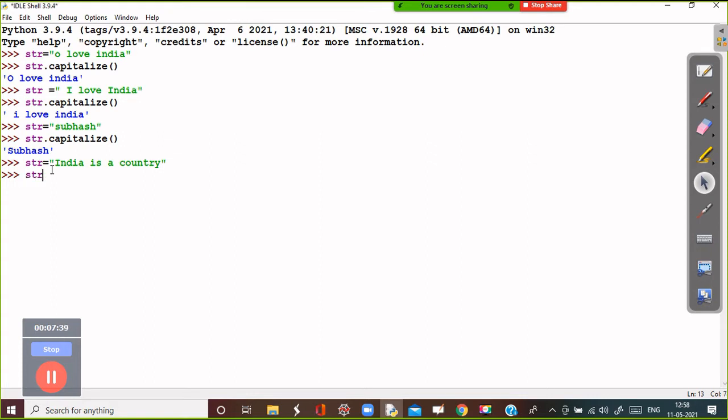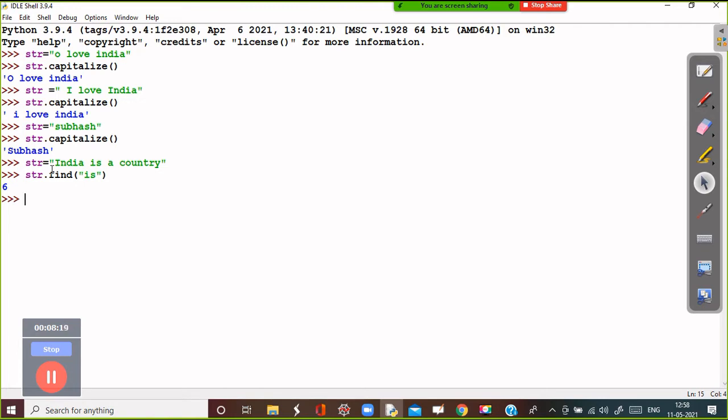So I have to write the string, then the function name is find, and then we have to write the substring which we want to search. So the substring is each. So it is starting from the sixth letter, or sixth index value, of the string India is a country.